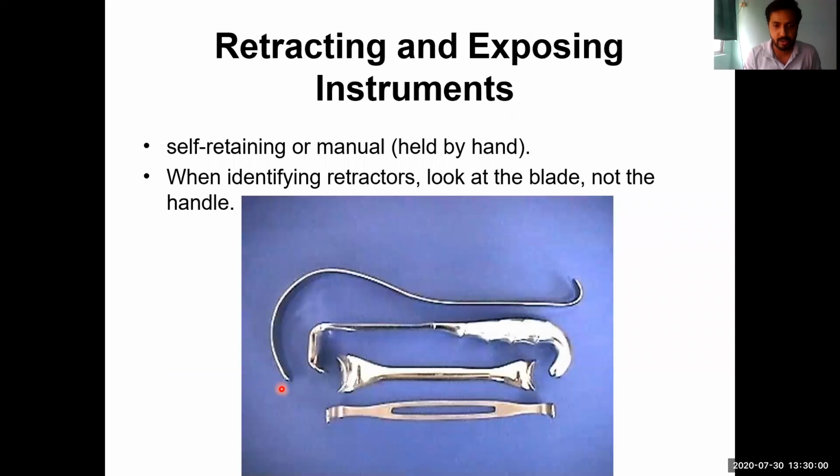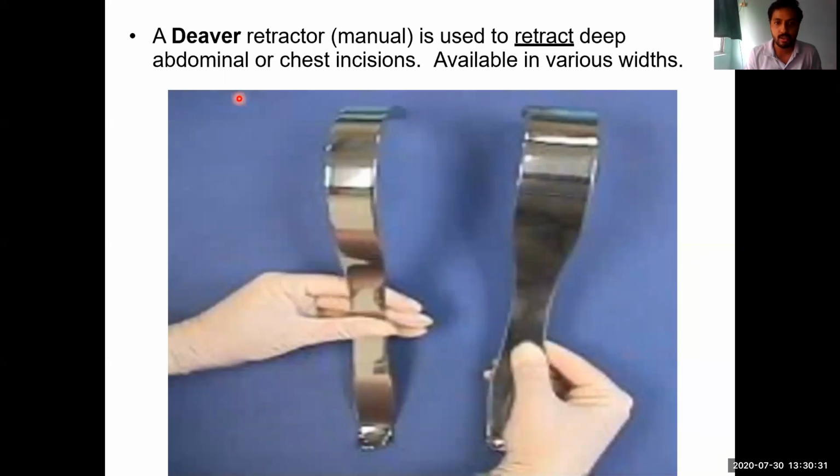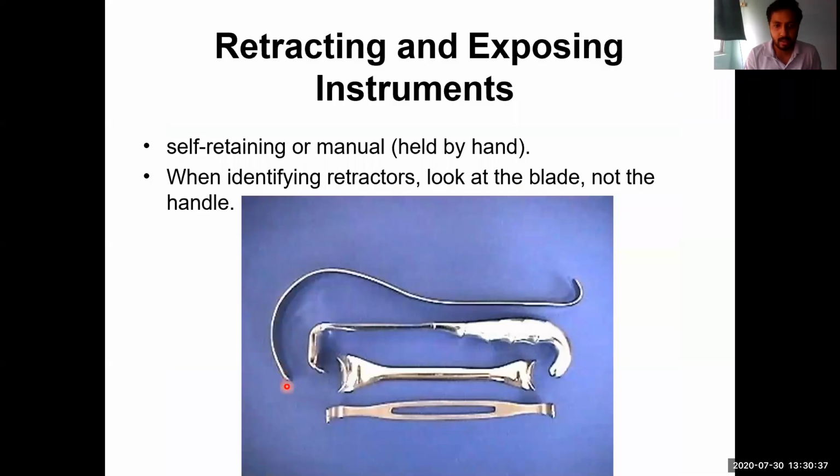Here you can differentiate the tip part of the Langenbeck, the Morris and the Devers. In the tip, there is a little bit of angulation in the Langenbeck and the Morris. So this kind of instrument we generally do not use while retracting the softer tissues, meaning our main viscera like the liver. This tip can cause injury to the organ. That's why those retractors have been made, so that due to the smooth edge tip, they do not cause any kind of injury.